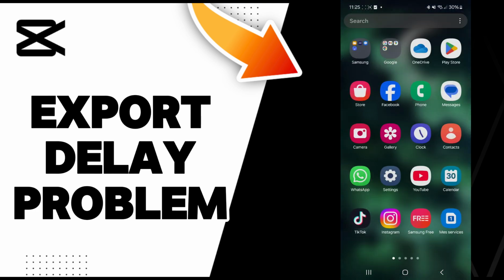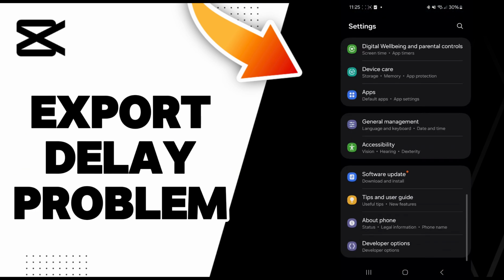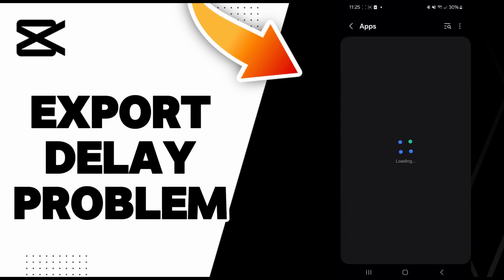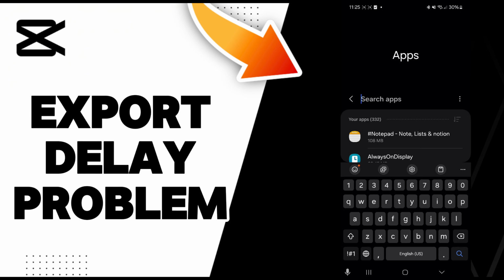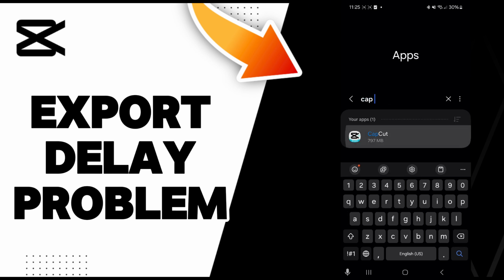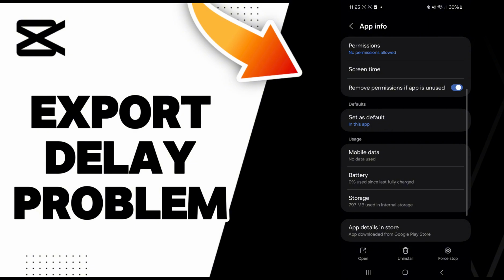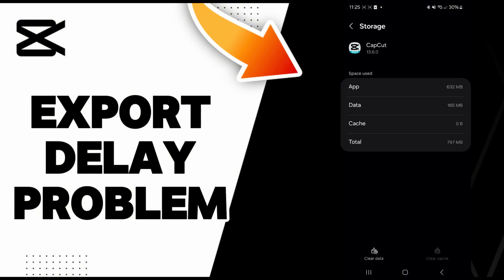So the answer is easy, just go to the settings and then scroll down to the apps section, and then go to the search and search CapCut, and next go to the storage, and here you will find this clear cache option. Click on it. Now you can go check if it worked, and if it didn't you can try to